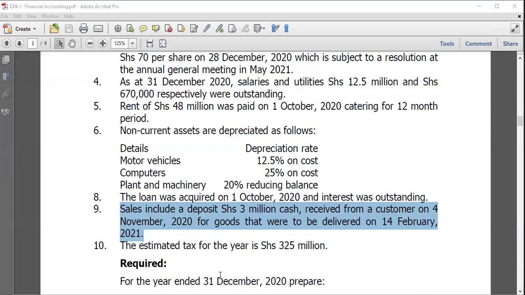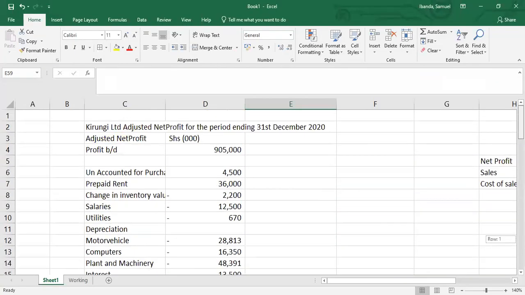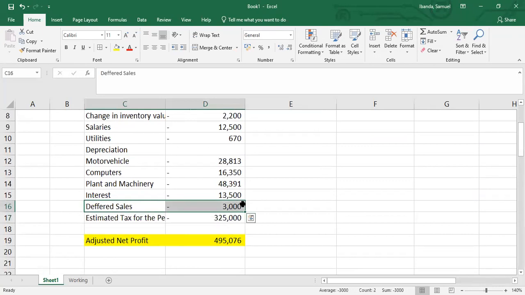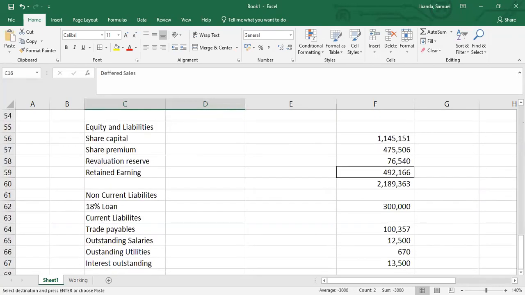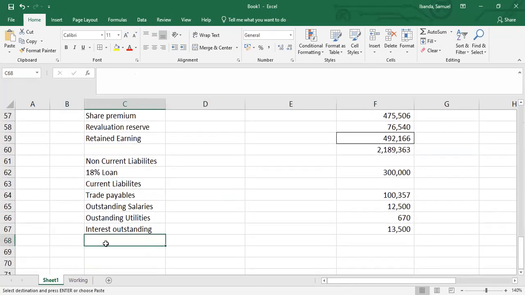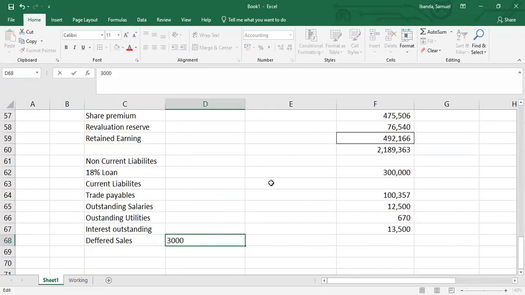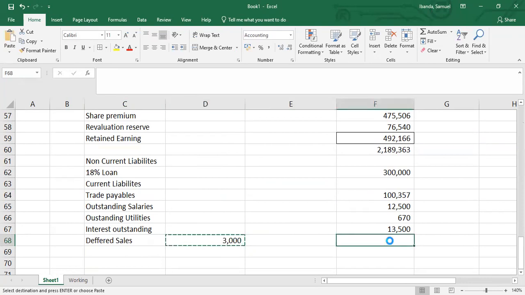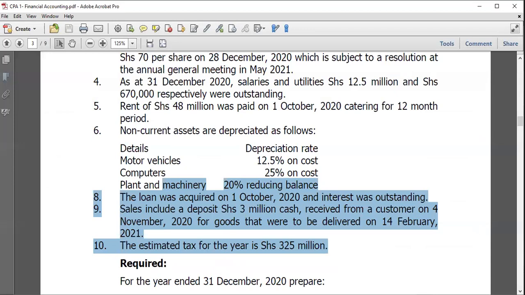So just as I recorded my deferred sales when I was adjusting my profit, I'll just bring it here. The deferred sales or deferred income. Deferred income actually is a liability. So this is 3K. This is 3,000. So I'll just bring this 3,000 here, right here. So 3,000 deferred sales right there as a liability. So mine is to relook through back into the question and see, do I have any other liability that I've not recognized? Now, one of the things that you also need to recognize is there is an